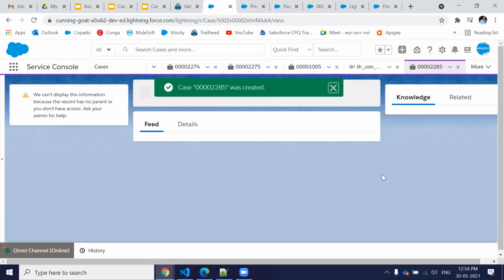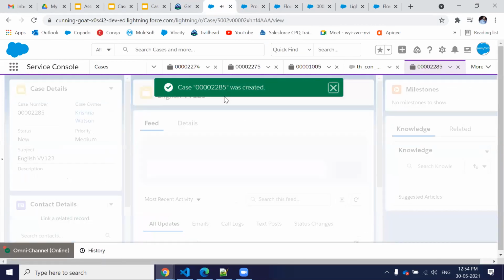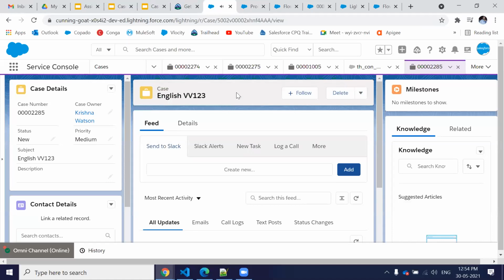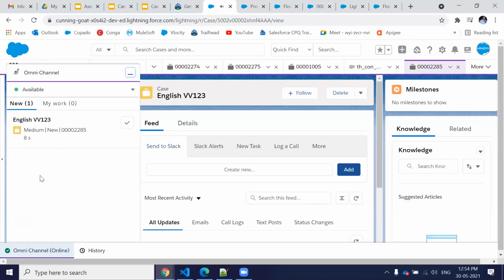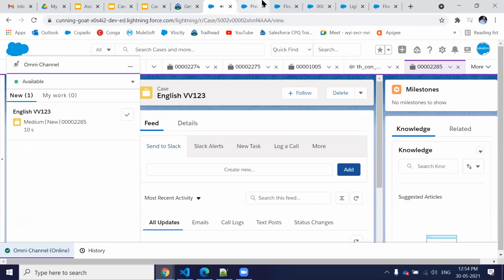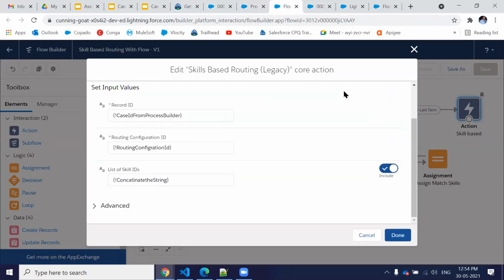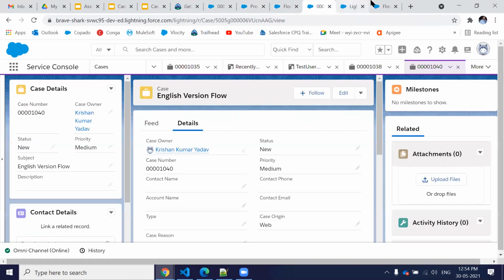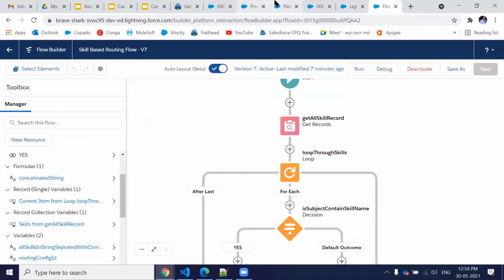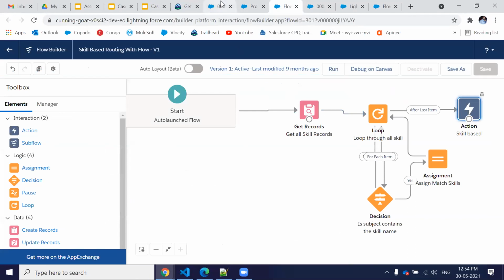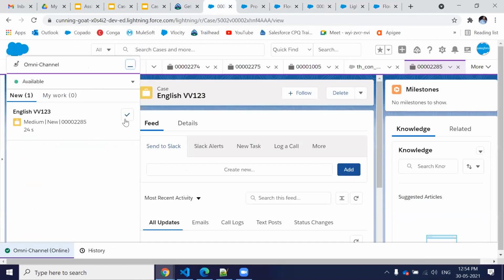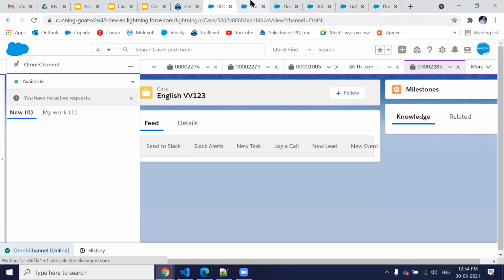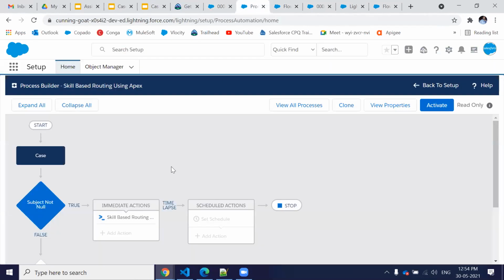Okay, and the record is created. Actually, my other flow is also on. So the record is created and it's routed through the flow, this flow which I have shown you. This same flow I have created in this playground, but it's not working. Not sure why it's not working, but here it's working, the same flow. The only difference is I'm invoking this flow with the process builder, because it was created like 10 or 11 months before, I have created the same thing.